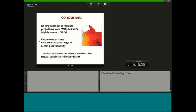I haven't said much about CMIP3, but we're not seeing large changes between CMIP3 and CMIP5. That suggests that the CMIP3 projections might be rather robust. So whatever work you've done with CMIP3, don't throw it in the trash. Whatever you learn from it is probably still valid. CMIP5 is a bit warmer. That's in part due to the representative concentration pathways, but it's also in part due to the individual models and how sensitive they are to